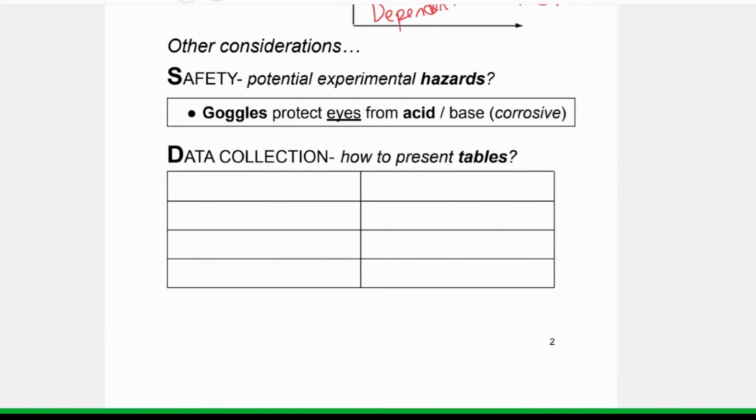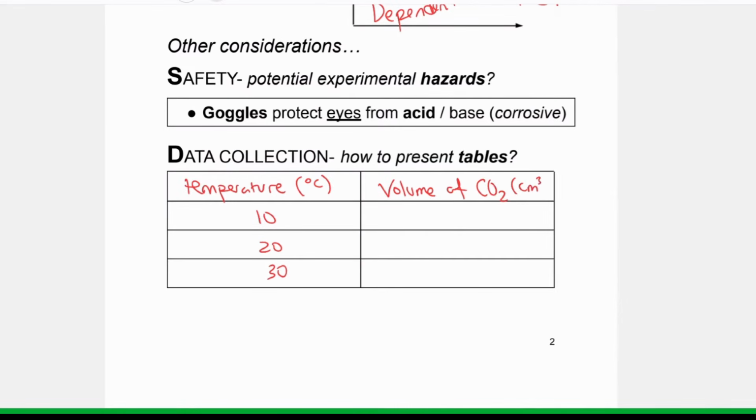And to present tables, you'll need to first include the independent variable in your first column. We're changing temperature, so that's our very first column, in degrees Celsius. We're using 10, 20, and 30. Next column will be your dependent variable, which is what you're measuring, the volume of carbon dioxide produced